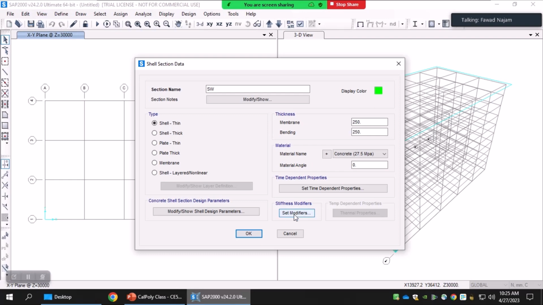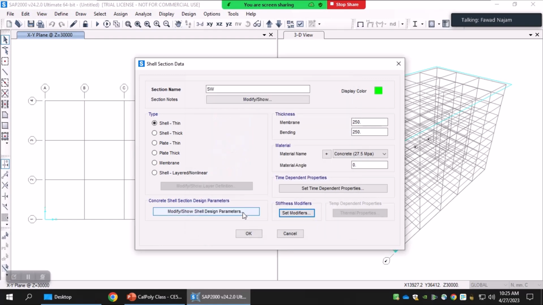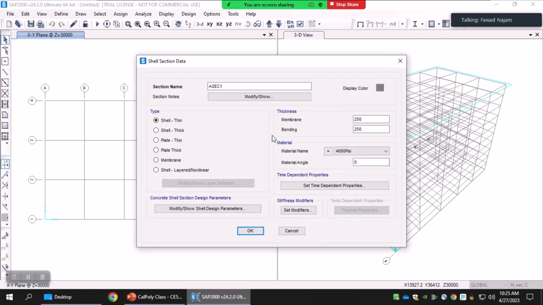Again, obviously the stiffness modifier you should use for shear walls depends on what building code you are using and for what actions it prescribes the use of cracked stiffness modifiers. So I click OK, and then again go through the same process, and this time I define a slab which has a thickness of 200 millimeter. So 200 here and then 200 here,